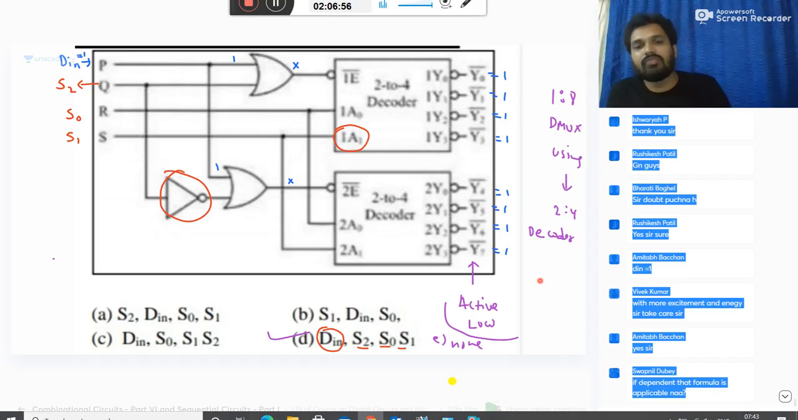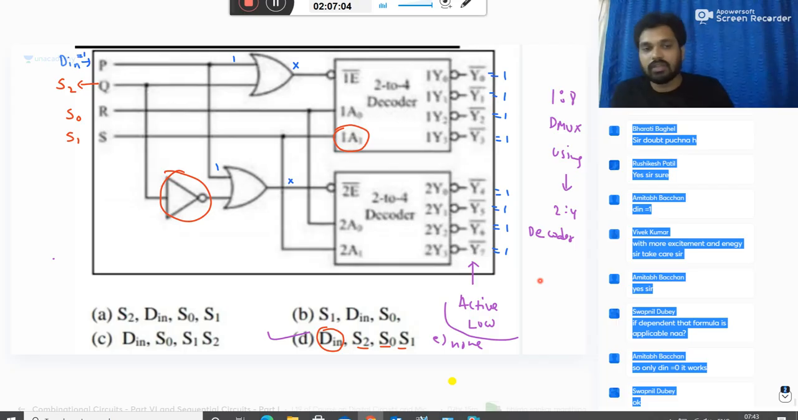Yes, Swapnil, generally, if the internal structure is not given, we can blindly apply that formula. So now, Amitabh, is it still working like a decoder or not? Maybe is it working like a demuxer? Definitely working like a demuxer. So here, based on the selection inputs,